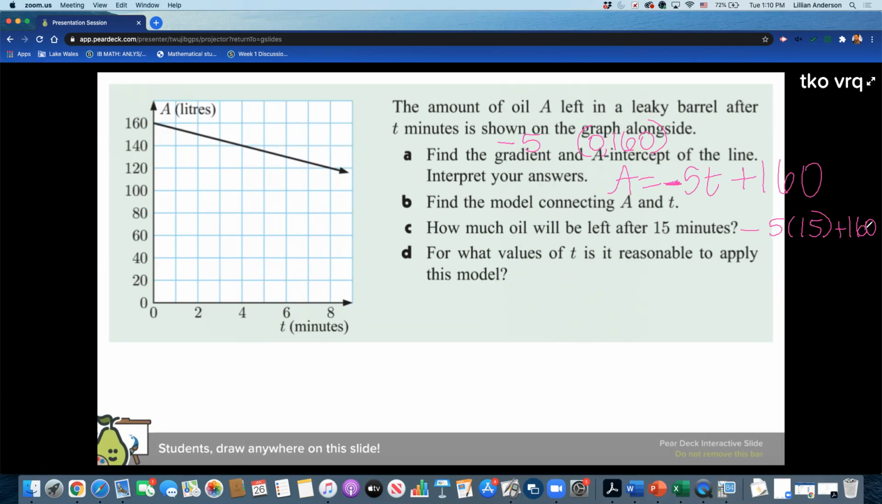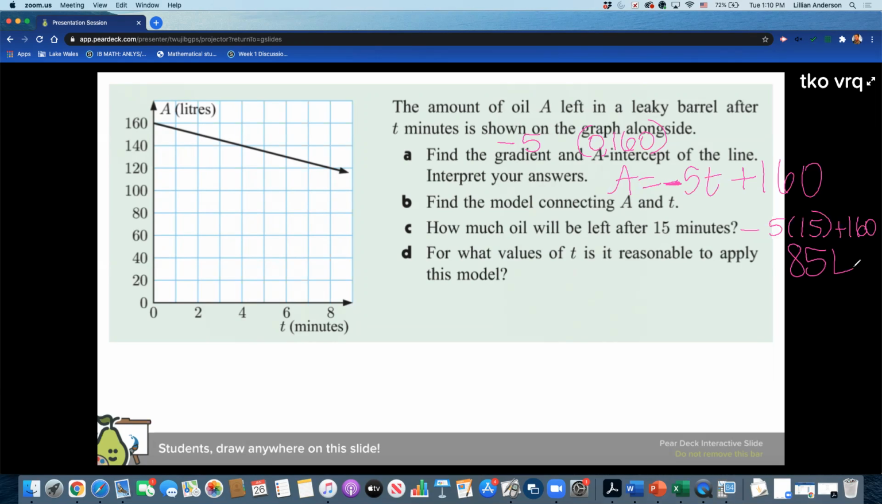What's -75 plus 160? 85. So 85 liters. And then for what values of T is it reasonable to apply to this model? Now, let's talk about this. Something that you guys should have watched about in the video was about